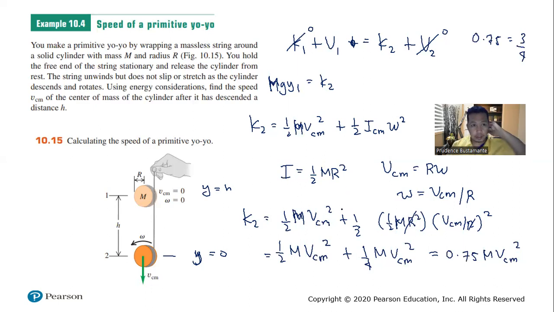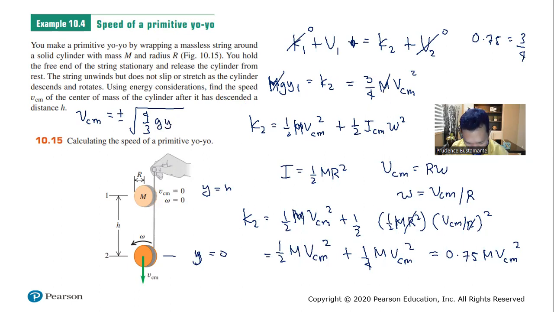Okay. So we are actually interested in finding the speed. So from this equation, mgy is just equal to 3 fourths m v center of mass squared. In this case, you can cancel m, and we have v center of mass is just equal to plus and minus the square root of 4 over 3 g